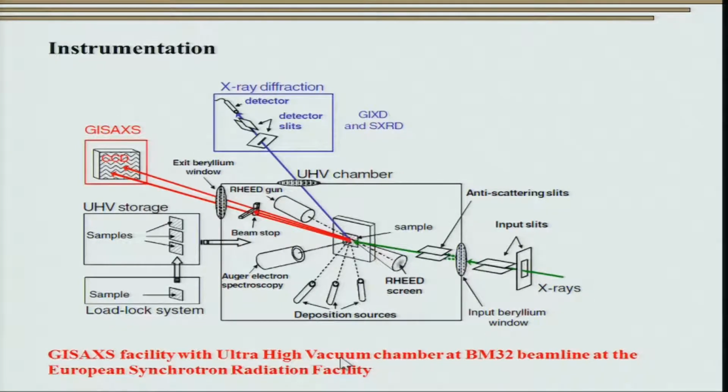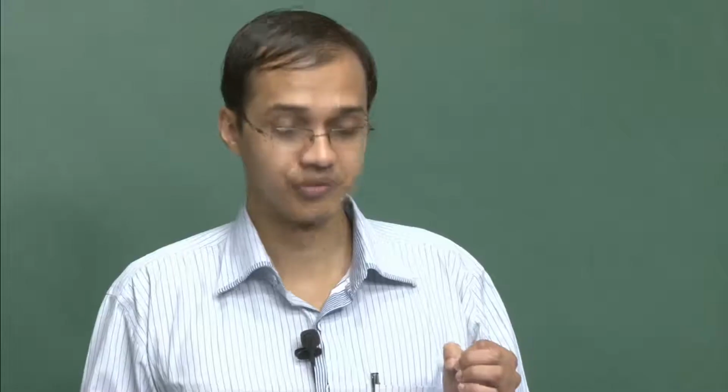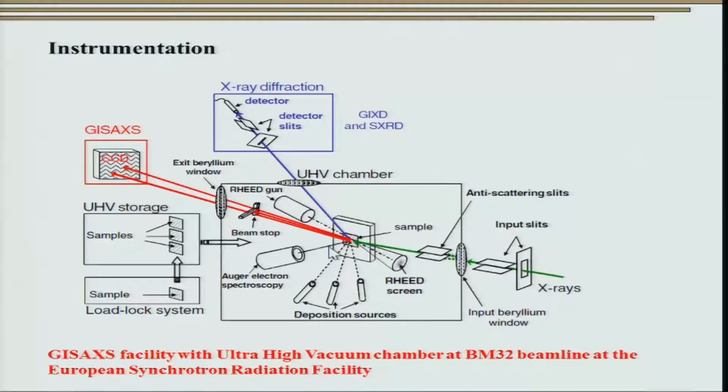So why do we have an ultra high vacuum chamber? Well, to utilize grazing incidence small angle scattering to its optimum. Now, the ultra high vacuum chamber ensures that we can do a lot of thin film deposition, and that is what is shown over here. So you can have a lot of deposition sources and study the evolution of these nanostructures, be it nanofilms or say quantum dots, in situ,